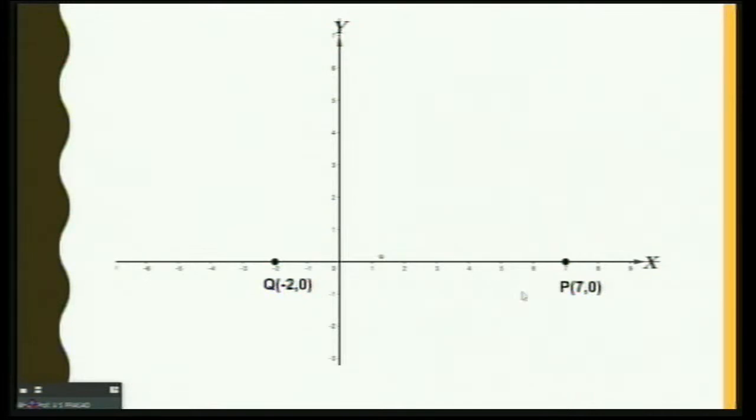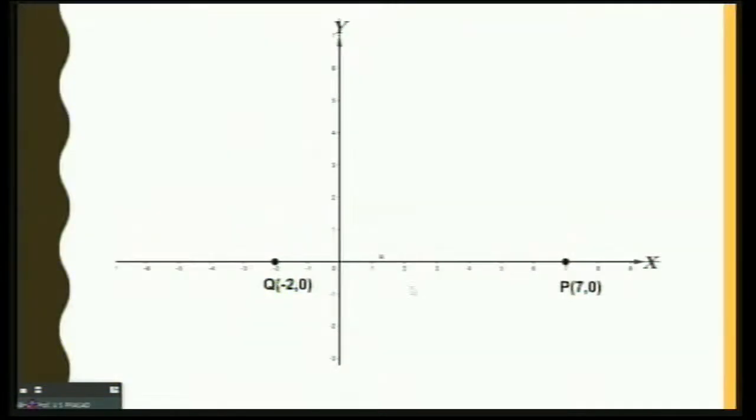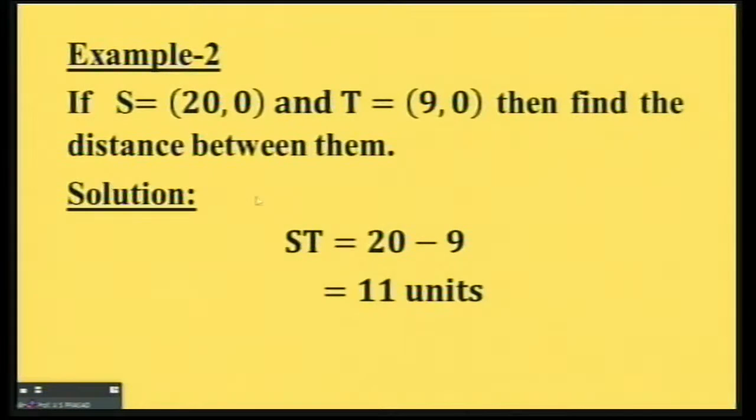By identifying these 2 coordinates, we will define the distance between these 2 points as PQ is equal to the abscissa of P, which is 7, minus the abscissa of Q, which is minus 2. Therefore 7 minus of minus 2, that becomes 7 plus 2, that is 9 units. Therefore the distance between P and Q is exactly equal to 9 units. Like that we have to identify the distance. Let us take one more example. If S is a point with the coordinates (20, 0) and T is a point with the coordinates (9, 0),